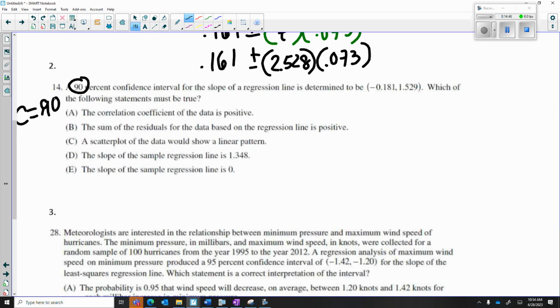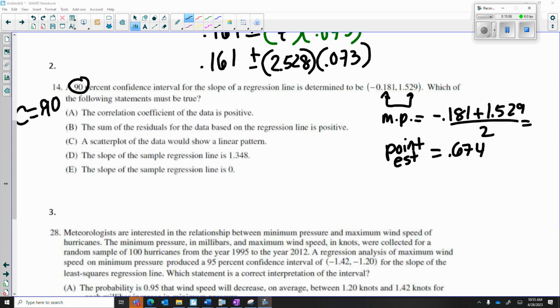And it says they got from negative to positive. There it is. Which of the following statements must be true? So in this case, whenever they give me endpoints, what I want you to do is find the midpoint. To find the midpoint, that is called the point estimate. You're going to add up the two endpoints, and then divide by 2 to get the midpoint. So do that now. As you can see, I got a midpoint of 0.674, and that's actually going to